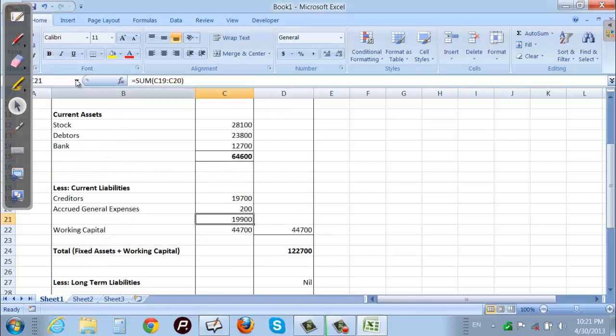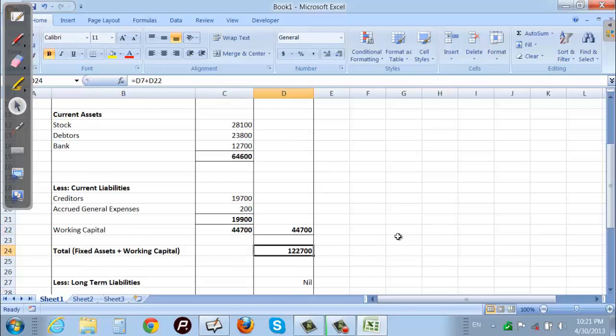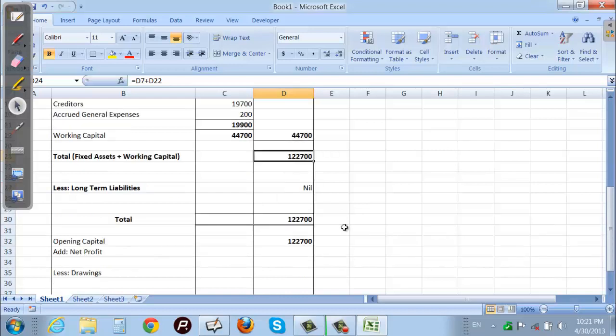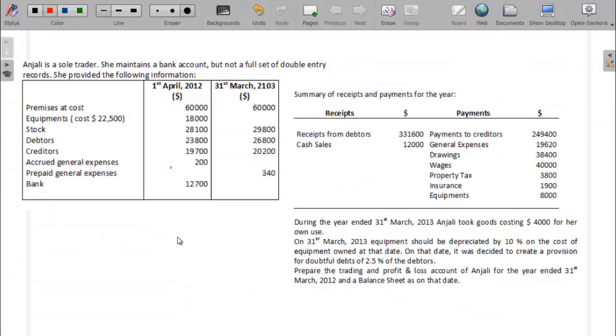we subtracted the total of current liabilities, that is 19,900, and we got the working capital 44,700. And after this we added this working capital to the fixed assets, and we got the total of 1,22,700. This is the capital employed. So on the first day the capital employed in the business is 1,22,700. Now after computing this opening capital, we need to compute one more thing, we need to compute the